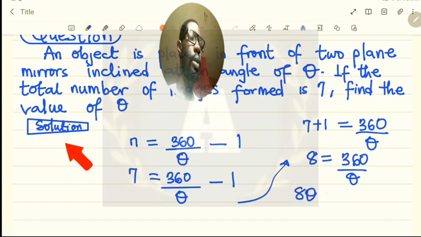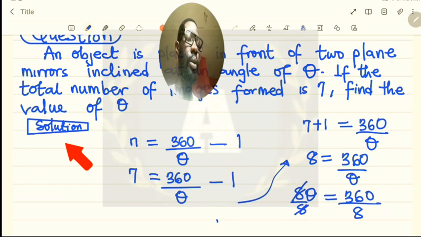So 8 theta will be equal to 360. Then you divide both sides by 8. So theta will therefore be equal to, when we divide this by 4, we have 2, we have 90,